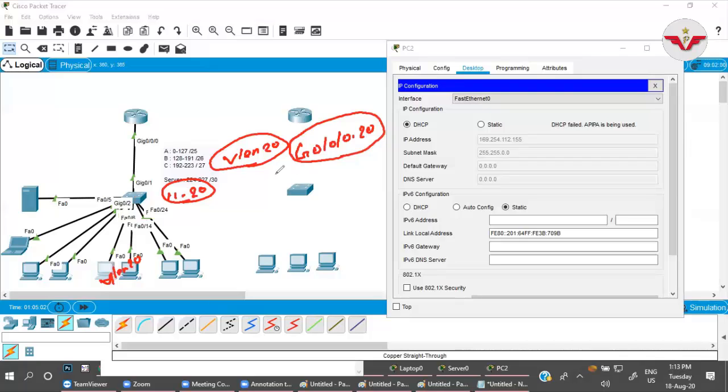In all of these ports, from 11 to 20, do we have any server? No. On Z0/0/0.20, have we configured any DHCP server on the router? No, right? That is why I'm not getting any IP addresses, and that port is dropping that packet, saying that it does not have any information for the DHCP server.